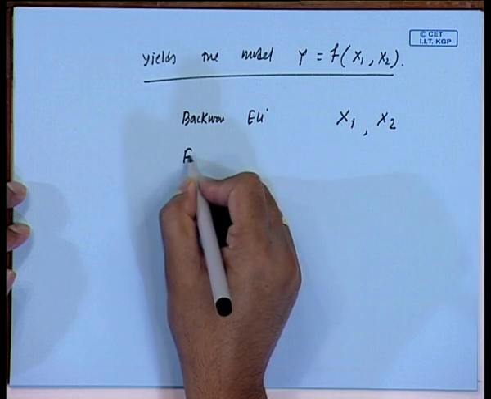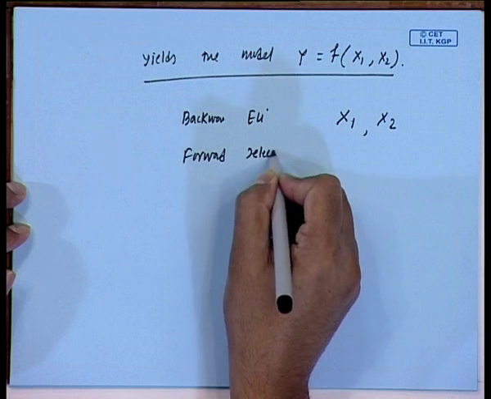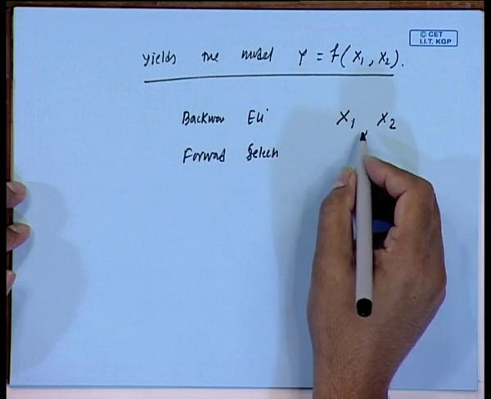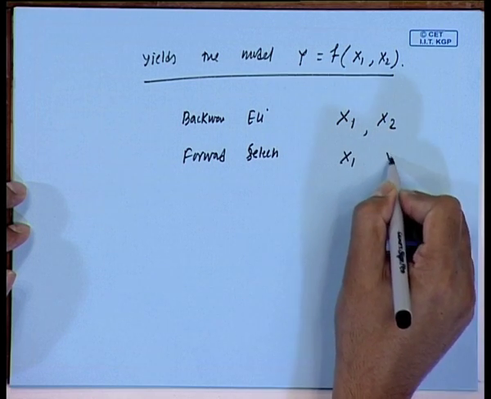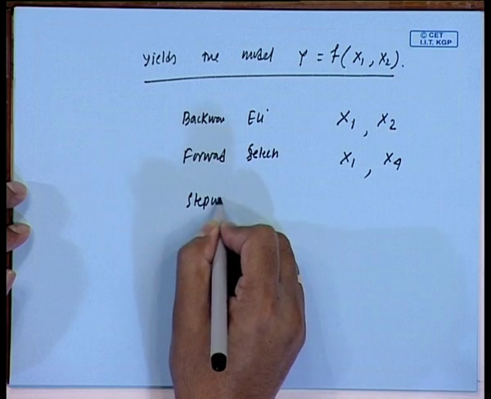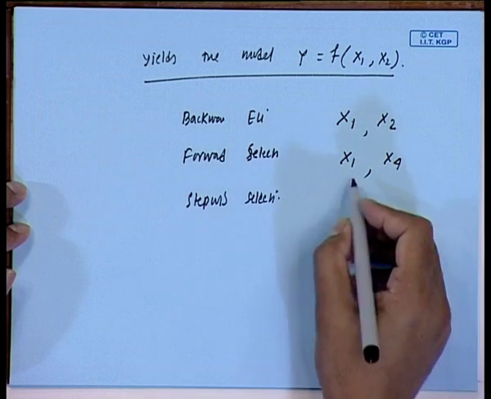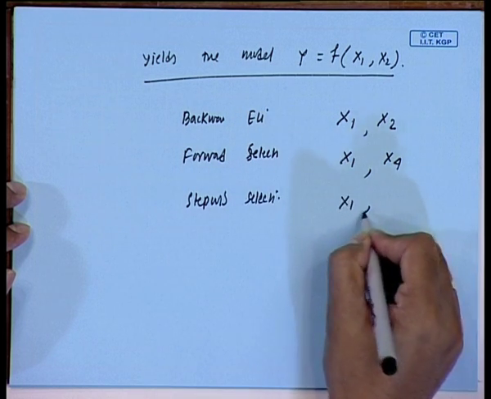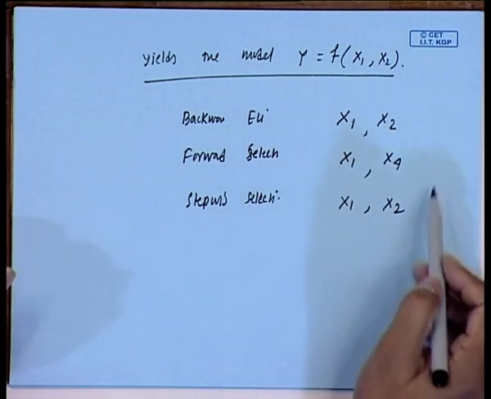Now, the forward selection finally selected regressors x 1 and x 4, and for stepwise selection the final output is x 1 and x 2. So, the results are not unique, that is what I want to say, and that is all about